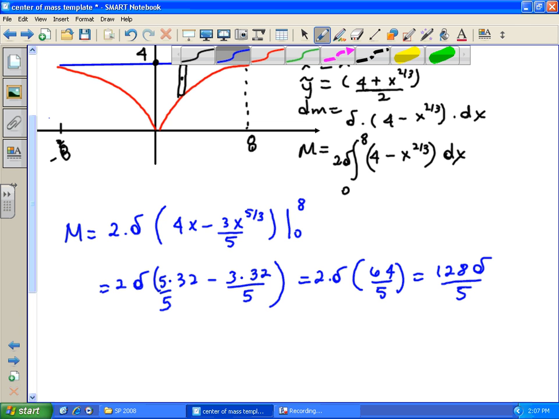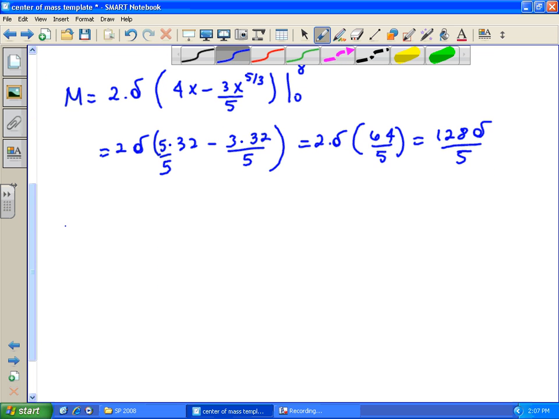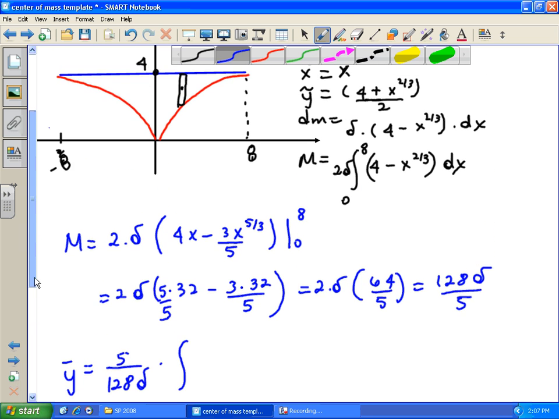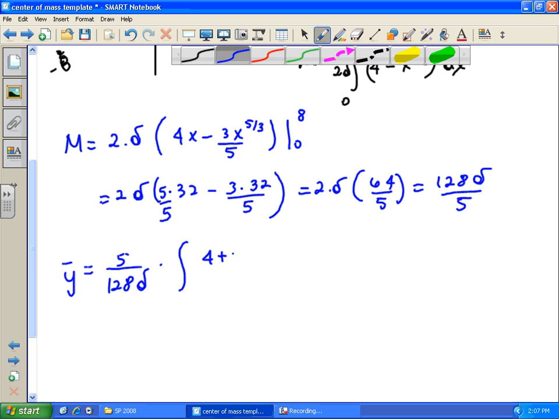Okay, now we're not going to do x bar. Let's directly go to the y bar calculations. We know y bar is 1 over total mass times the integral of y tilde dm. Y tilde, as we determined earlier, was the sum of the two functions over 2. So this is the y tilde, and the dm, that was the difference